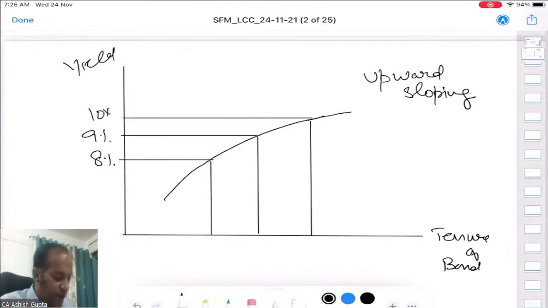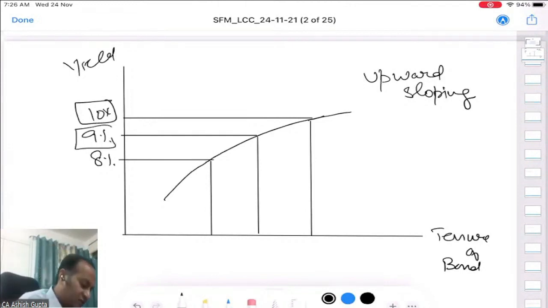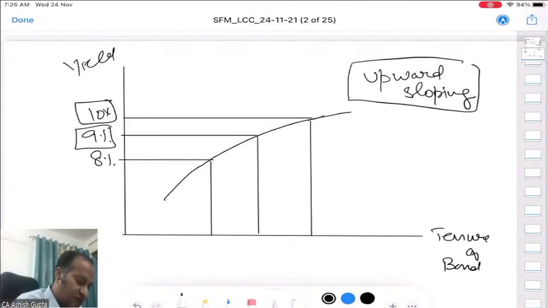So we can see with the increase in the tenure, the interest rates are increasing, yield is increasing. So if we want to value a bond of 3-year duration, then we shall use this discounting rate. And if we want to get the intrinsic value of a bond of 2 years, we shall use this discounting rate. So it goes like that. Okay, this is called upward sloping. And practically, in most cases, in a normal situation, this curve prevails.